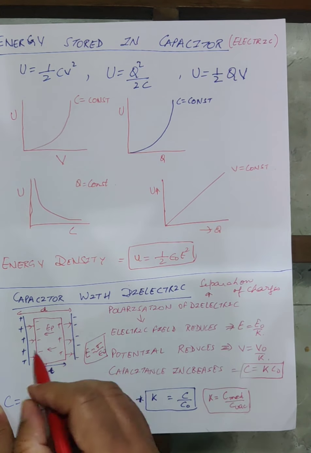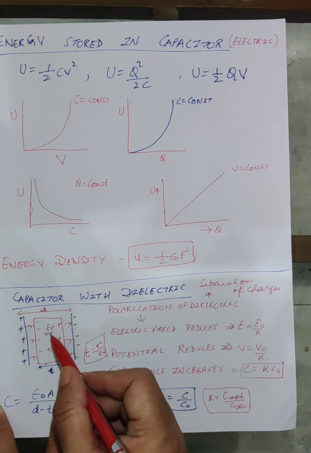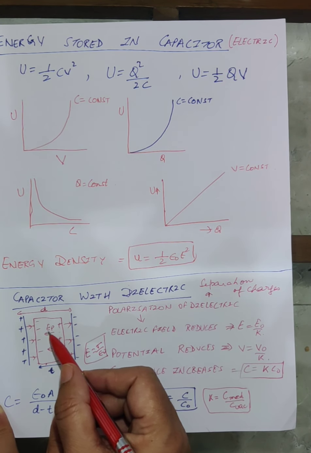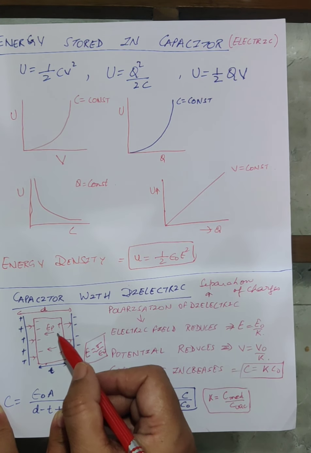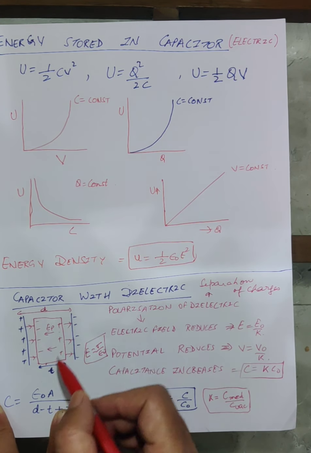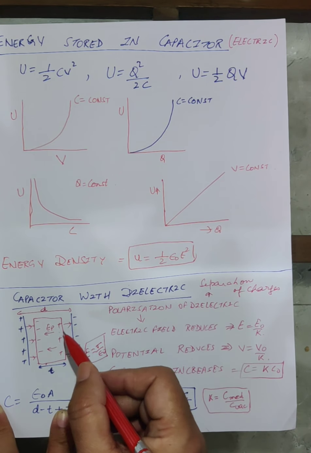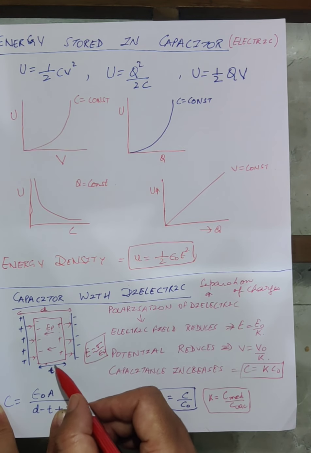As the separation of charges takes place, what will happen? Now the electric field, that means the E_P, will develop. What do you call E_P? E_P is the electric field due to polarization, and it will develop in the opposite direction. What's the direction of the electric field? From positive to negative. The external field is from positive to negative and the polarized field is opposite to it. So the net effect is that the electric field will get reduced.